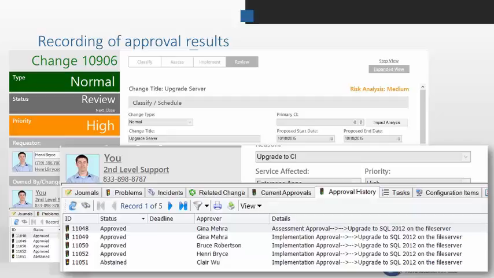And out of the box, you can have people that are in a different approval group that can do the assessment if it's a normal change, or the implementation approval for normal versus emergency. So lots of ways to segment that. Approvals can be done in lots of different ways. They can be stacked approvals. They can be dependent approvals. You can vote. You can have majority. You can have a raise of hands. There's just a lot of different ways that voting can actually happen as well.